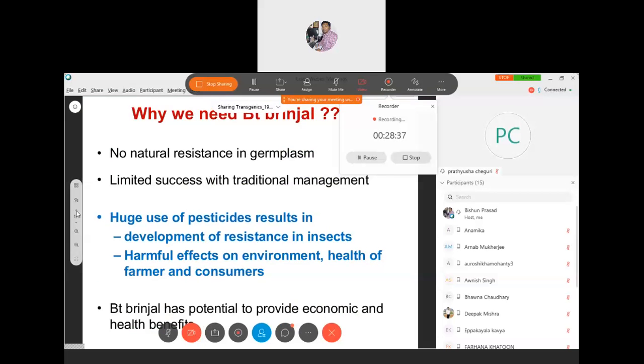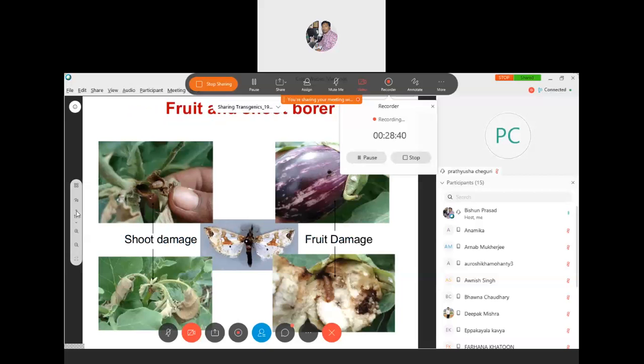So this BT cotton, we have seen that, and BT brinjal has also been released. It is released in Bangladesh. You can see the damage which is caused in brinjal. You can see the pore which has been formed in the brinjal, and because of this pore or hole formed in the brinjal fruit, it lost the economic value. And if there is a severe effect, then plants will produce less yield, and there is a drastic decrease in the yield. This is mainly caused by fruit and shoot borer in the brinjal.